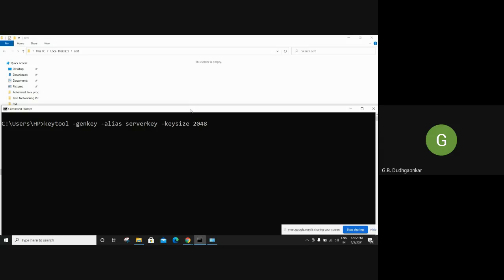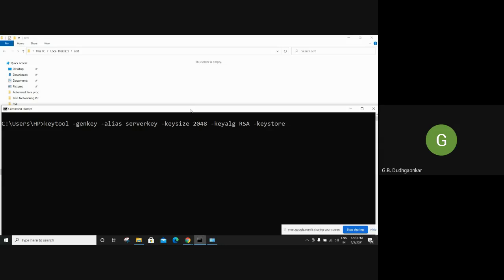Because if you type genkeypair, that will create both public and private keys. But I am just giving a demo. So key size 2048 we can write here. Then we can add keyalg. So this is the key algorithm, that is an encryption method. So here RSA. Now see, keystore.